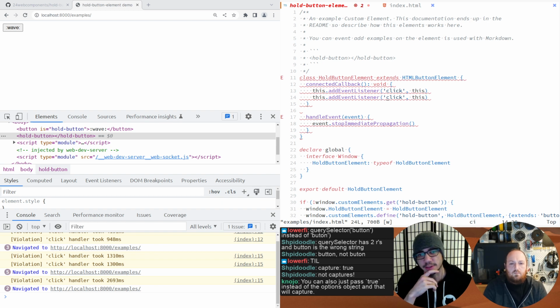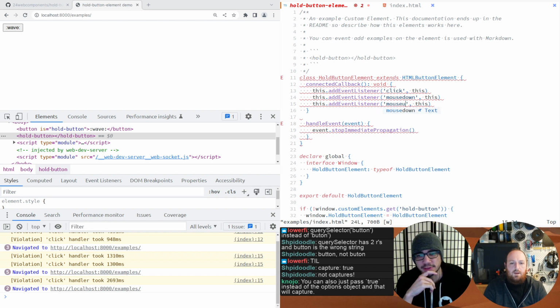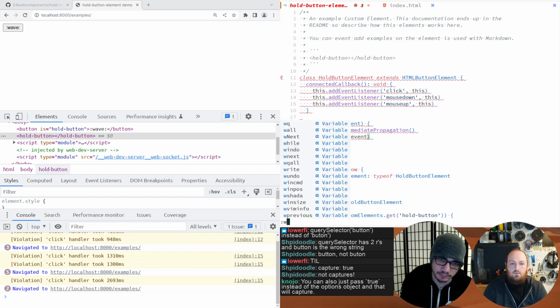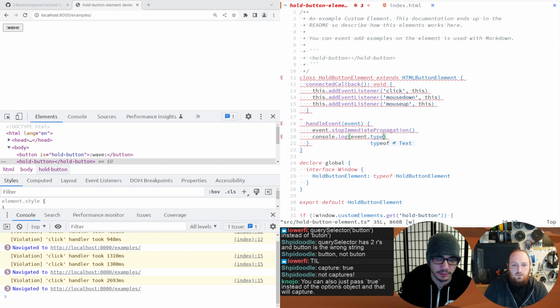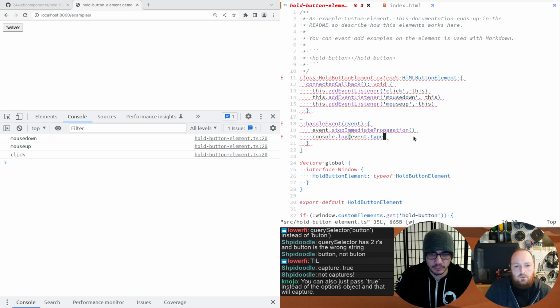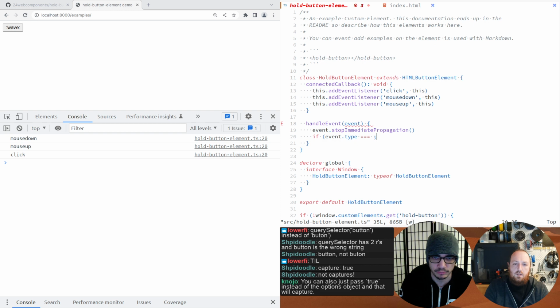Yeah, we need to start counting when the user has the mouse down. Mouse down. Then we can say we want mouse up as well, the date now. Right. So the order would be mouse down, mouse up, click. Exactly. Let's console log the event, and we can see the type. You want to just do the dot type? Yeah. So if we look at the console, we can see mouse down, mouse up, and then straight afterwards it was a click event. So we should be able to say if event.type is mouse down,